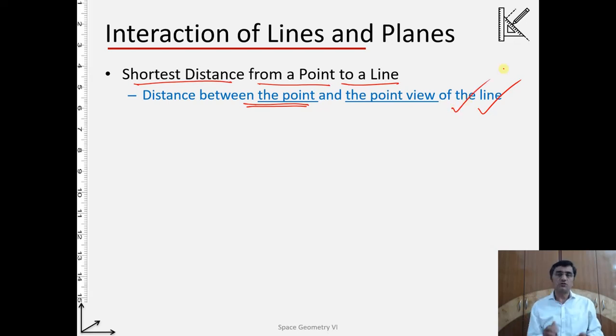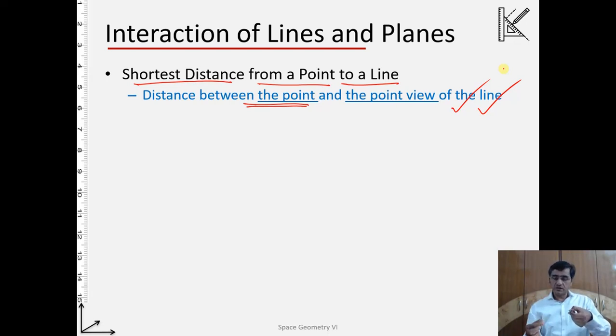So what is the meaning of it? Let us take a case. Let there be a line. So over here, this is a line. I am taking a special case. This line is perpendicular to the frontal plane, and here is the point. If from the point I drop a perpendicular onto it, that is the shortest distance. If you see the projection of this line, perpendicular, and the point onto the frontal, what do you see?